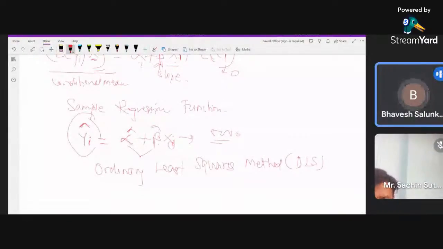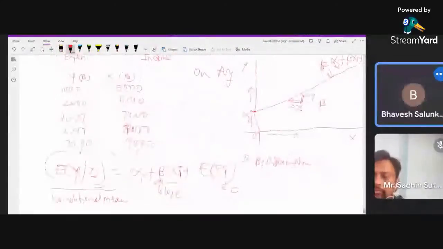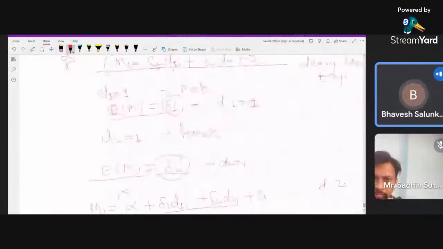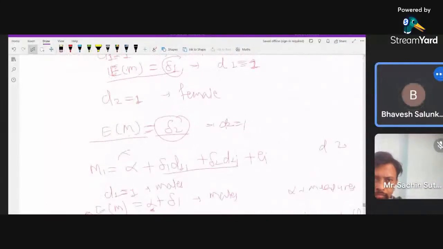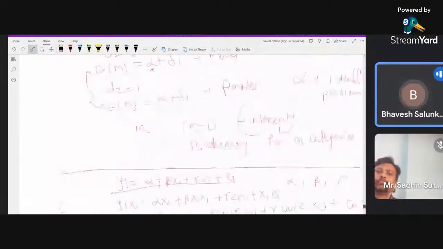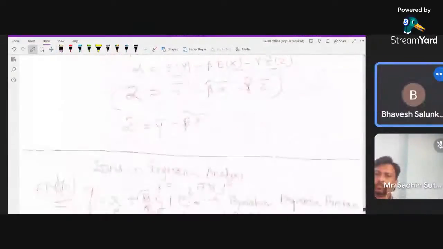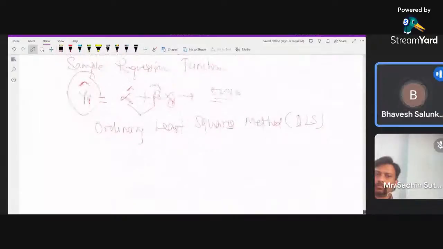Now, when I estimate this model using the ordinary least squares method, I make very important assumptions about the error term that appears in the population regression function. So I again write the population regression function over here,